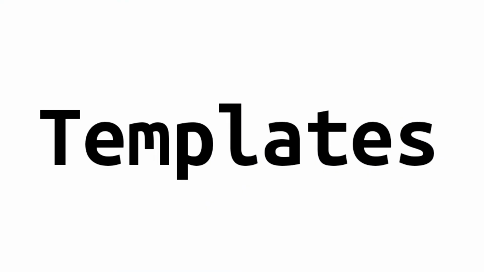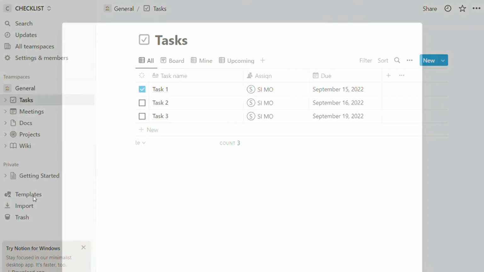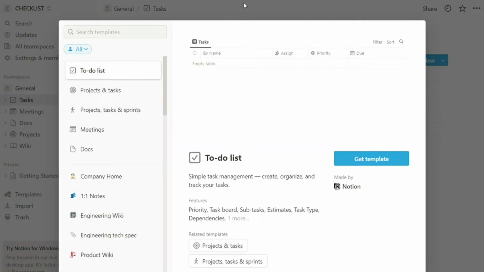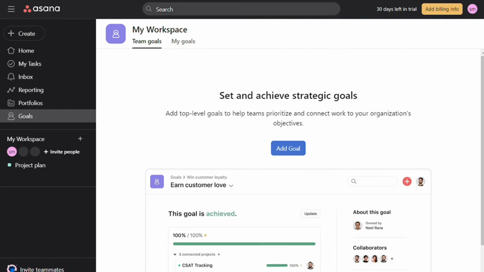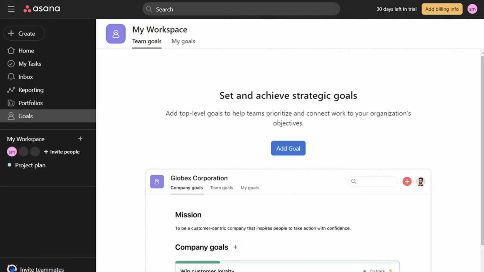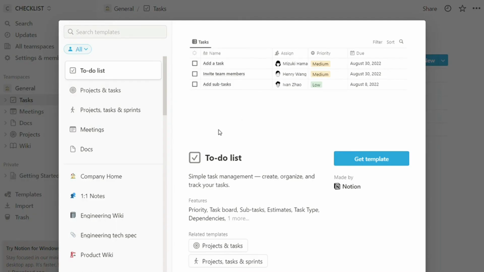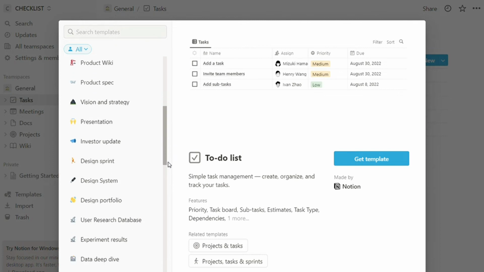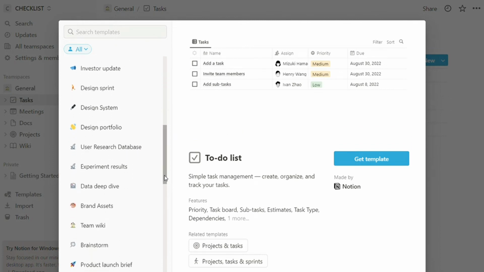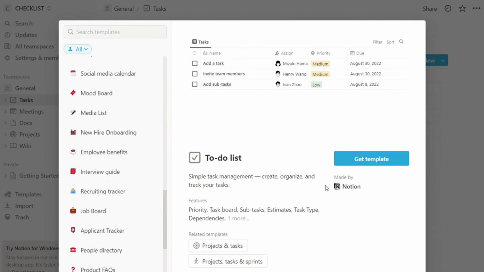For templates, both offer a wide range of templates. Asana categorizes those in design, marketing, operation, etc. And each category will have several templates. Notion comes with hundreds of templates. You can browse the library and duplicate the templates you like. All templates are categorized and you find templates for college students, business people, teams, and users who want to track